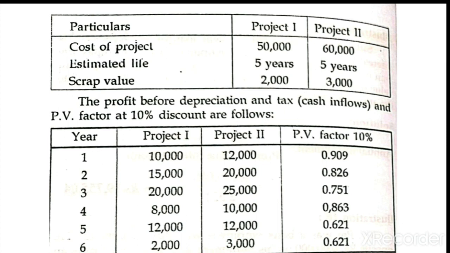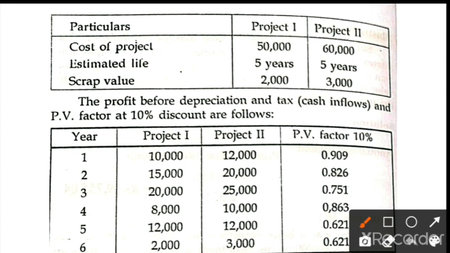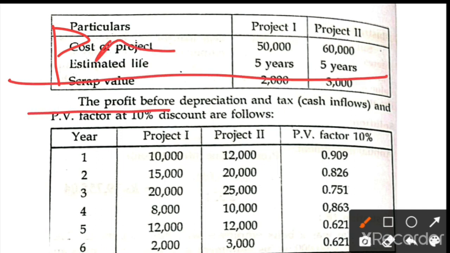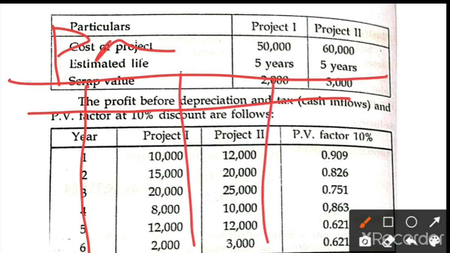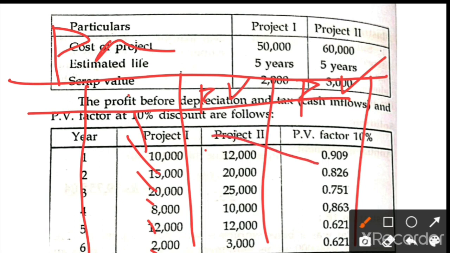Still I have not given any instruction to you. So this is the given problem, you have to work it out. How are we going to calculate the NPV, as you already know? First you have to write project 1. Then you have to draw the table. In that table, year, cash inflows, PV factor and present value. Present value is not available. They are given the PV factor and cash inflows. Cash inflows means 10,000, 15,000, 12, 28, 12 and 2,000. And the PV factor is 0.9 and 0.8x. So directly we have to multiply this into this, and this into this, and this into this. So you will get the present value.